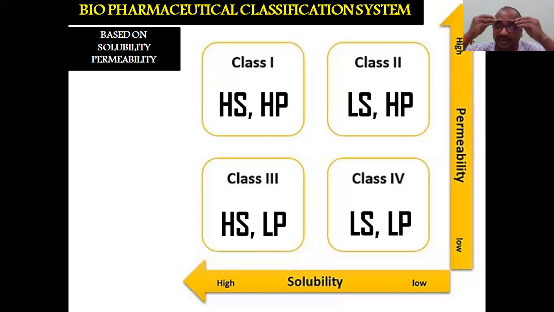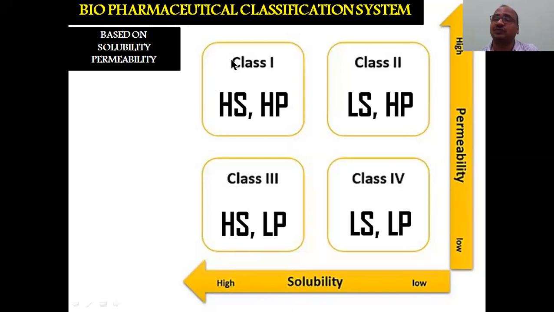This question has appeared a number of times in company interviews. The interview panel members have asked it many times. That point you have to keep in your mind. Now we will see, this is the solubility, this is the permeability. Very easy to remember. See here, this is low, here it is high. It is also low here, and high here. These two are very important for proper drug dissolution and proper drug absorption. Solubility and permeability are essential.